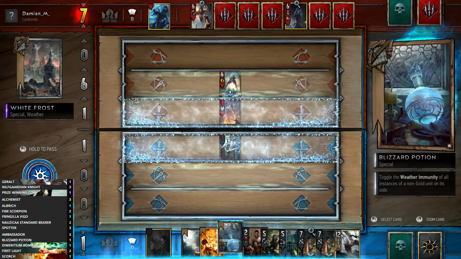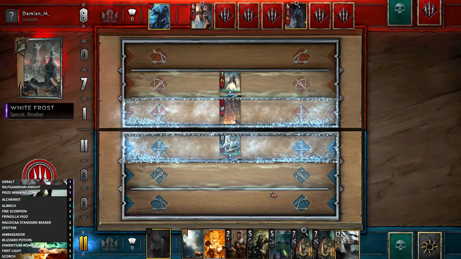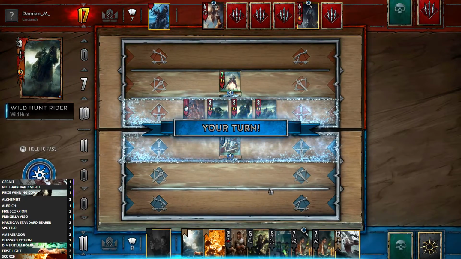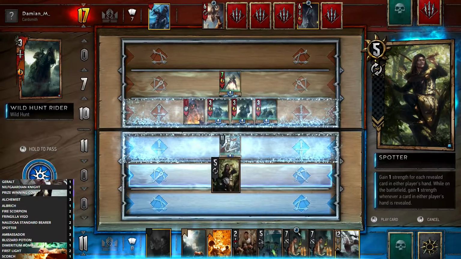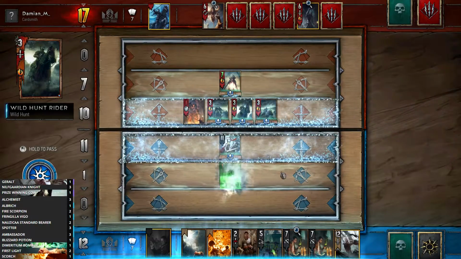So there's not a huge amount of point in necessarily removing the frost. But we can pop our Blizzard Potion here and then maintain the strength of our Nilfgaardian Knight. And this forces him to play more cards should he want to win the round. In all honesty, at this point, I'm pretty okay with trying to force the round here. We'll play our Spotter because we've got 3 reveal cards out there, so she's actually an 8 strength. Which puts us in a...